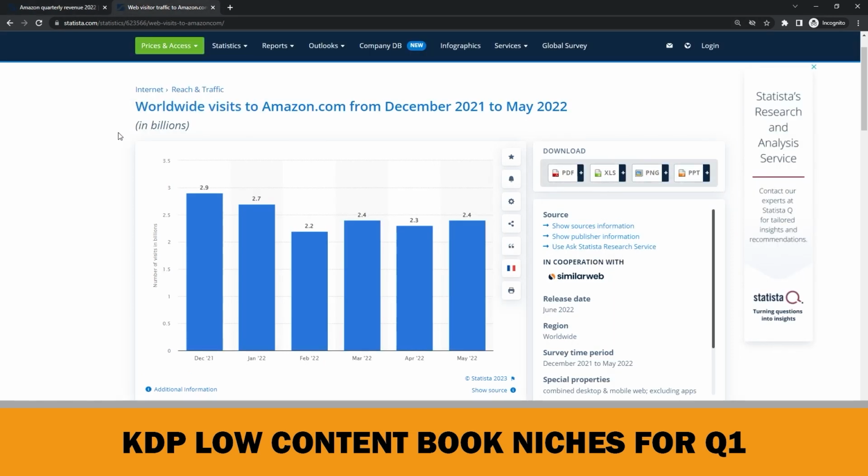And the second graphic is about monthly visits to Amazon. As you see here, also be aware that visits to Amazon will drop after December. February has 28 days, that's why it looks like it has the lowest traffic. But if we assume that each month has the same number of days, I can say that the traffic will be roughly 15% less during Q1 months compared to December. And there is no doubt that the buying intent will be less compared to Q4. Therefore, if you want to increase your income or keep it at least stable, you have to generate some extra sales with the right niches during Q1.